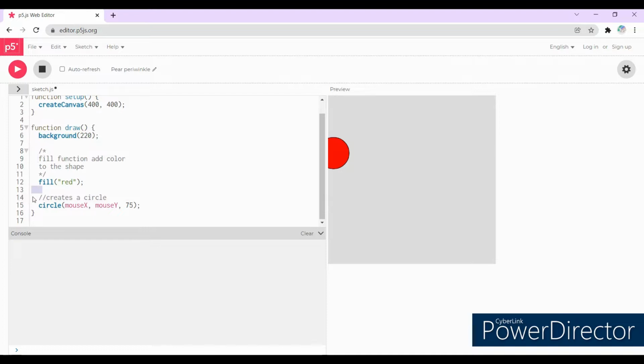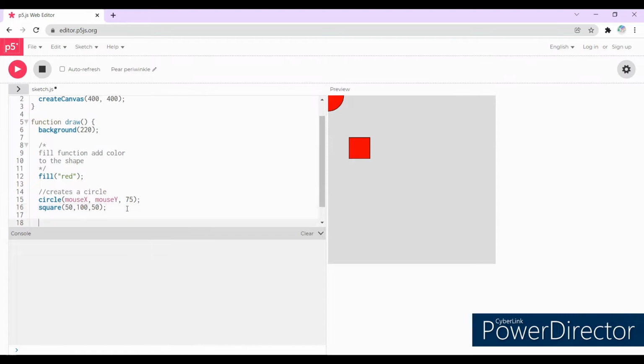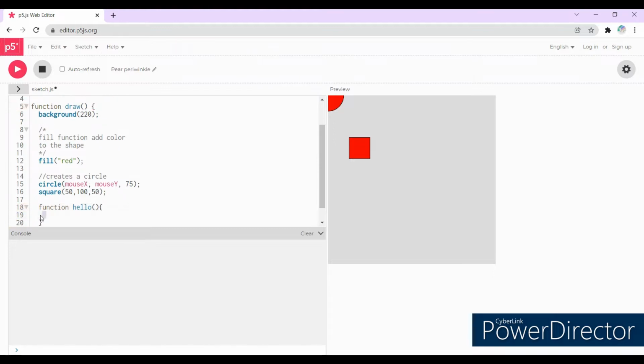Most of the times, these margins are created automatically. So if I write another statement like, press enter, my cursor will start by leaving the same little space before it. And square, 50, 100, 50. Well, we have a little square over here. Let me create a little function hello, and then the curly bracket and enter. So do you see this little space before our cursor? This process of leaving little spaces before our statements inside a block is called indentation.